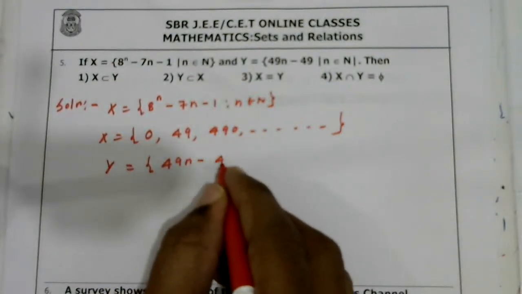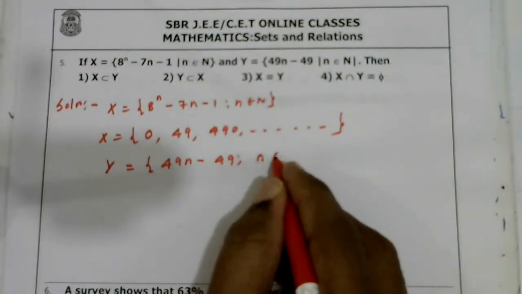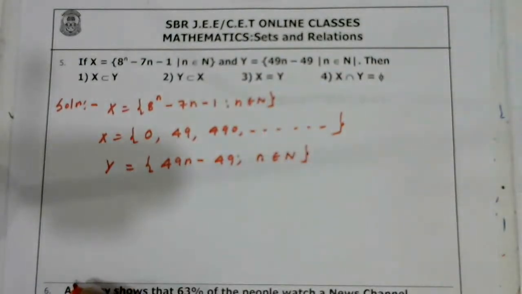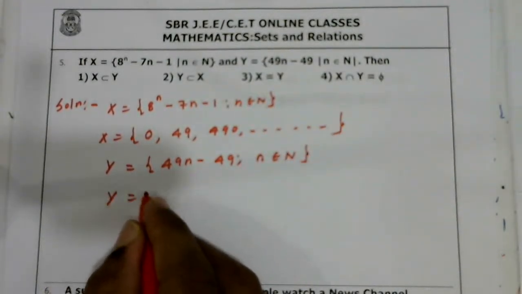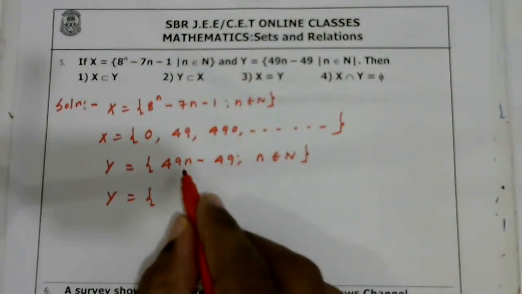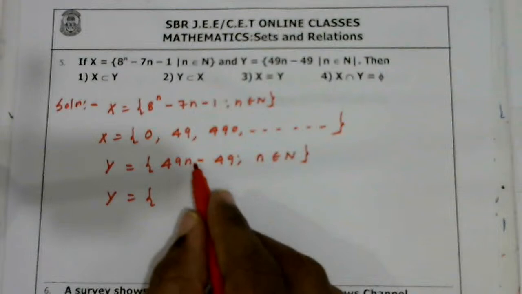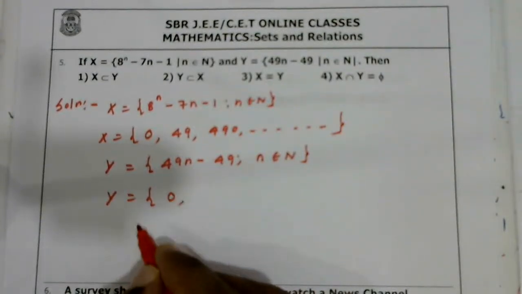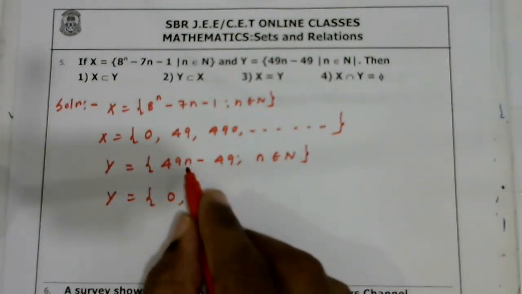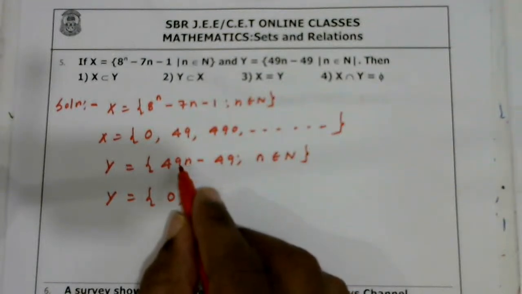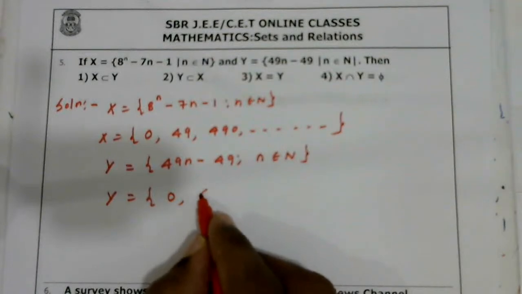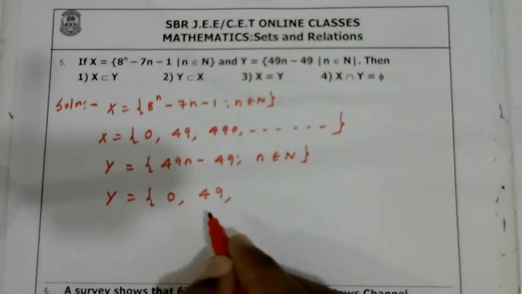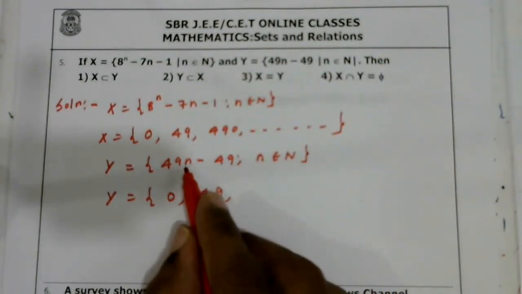49n minus 49, such that n belongs to natural numbers, right? So if I take n is equal to 1, 49 into 1 is what? 49 minus 49, 0. I'm getting 0 when I put n equal to 1. And I put n equal to 2: 2 times 49 minus 49, that is 2 times 49 minus 1 times 49, it is 49, right? And I put n equal to 3, 3 times 49